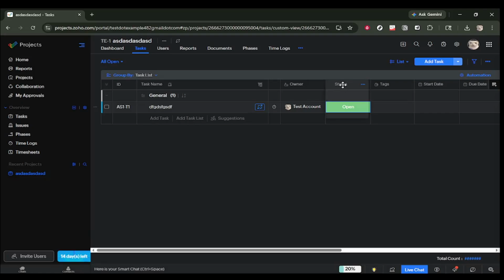Next, click on Open. In many projects, Open is the default status for new tasks, and selecting it here confirms that you are actively choosing a status from the available options. After you click Open, look for the status option again and click Open a second time. This second click typically confirms the selection or applies it to the task, depending on how the status menu is